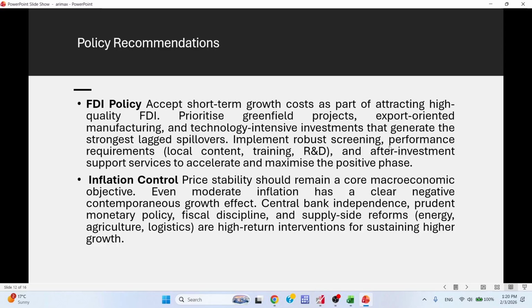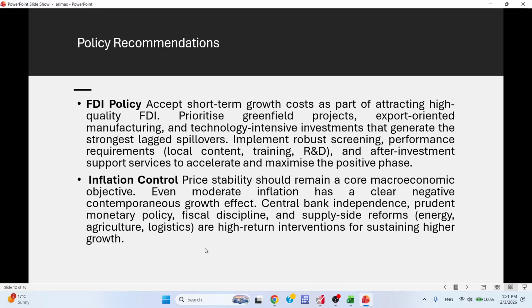Implement robust screening, performance requirements, local content training, R&D, research and development, and after-investment support services to accelerate and maximize the positive phase. And in the case of inflation control, price stability should remain a core macroeconomic objective. Even moderate inflation has a clear negative contemporaneous growth effect. Central bank independence, prudent monetary policy, fiscal discipline, and supply-side reforms in energy, agriculture, and logistics are high-return interventions for